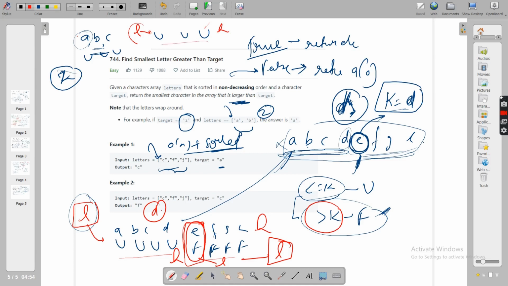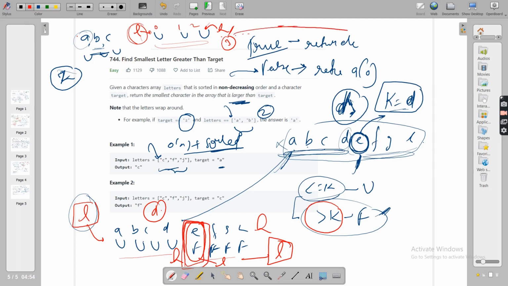Here all the spaces are unfavorable. So think of it this way: L will cross the boundary. If you consider indices 0, 1, 2, L will cross the boundary, and H was at index 2, so L will go to index 3. And here we decided L will give our answer.